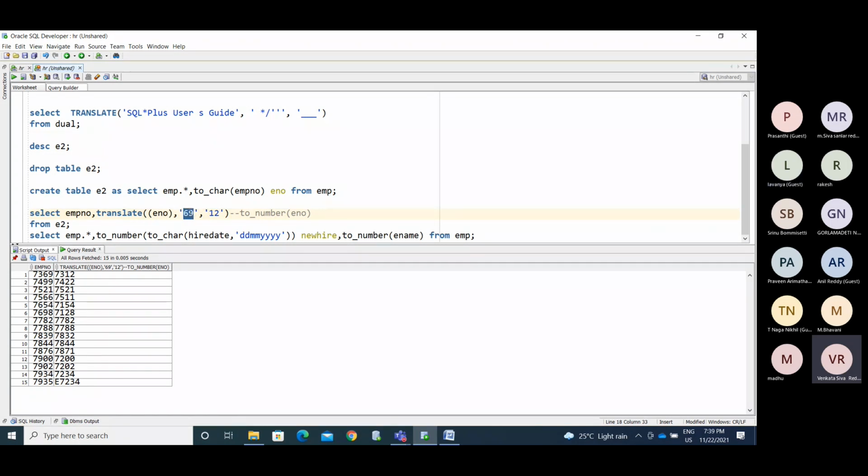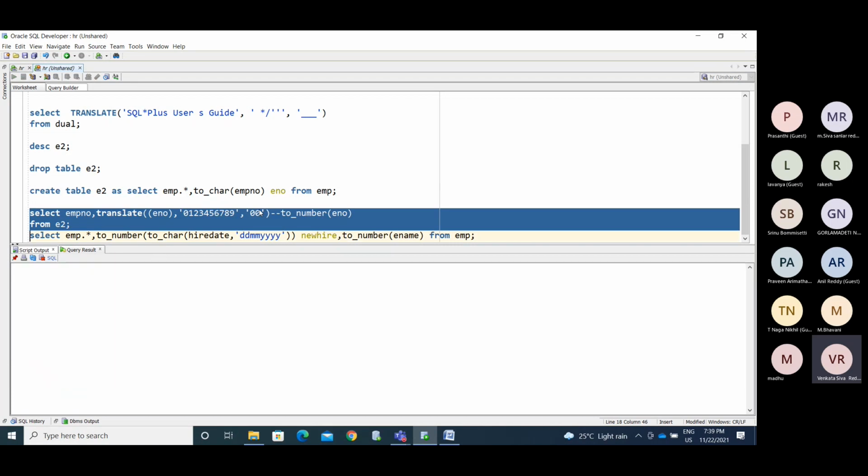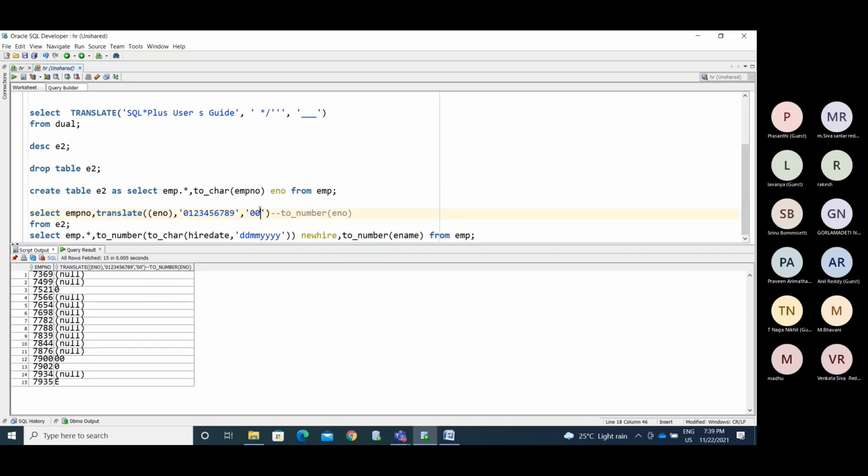Maybe you cannot replace with null for that. So what it is performing: 0, 1, 2, 3, 4, 5, 6, 7, 8, 9. So you make it zeros for that. 7, 3, 6, 9, 0, 1, 2, 3, 4, 5, 6, 7, 8, 9.